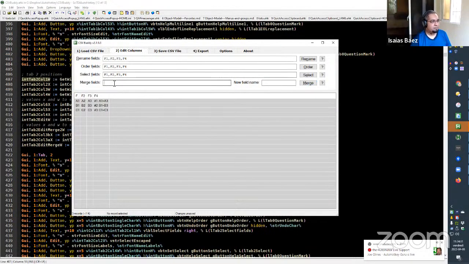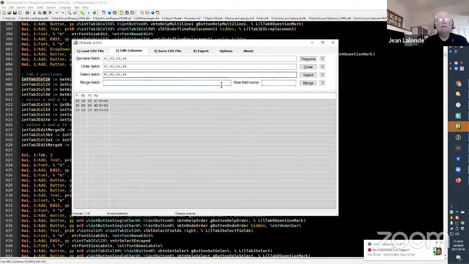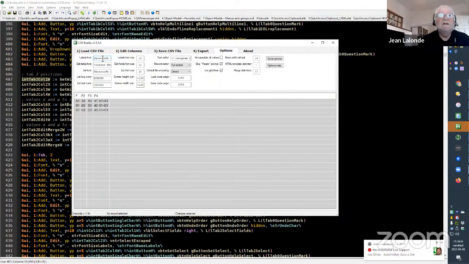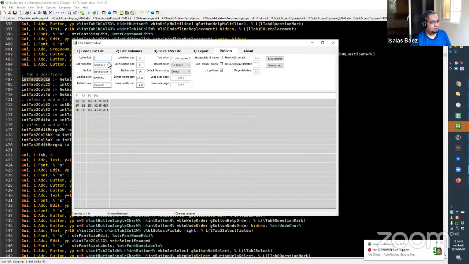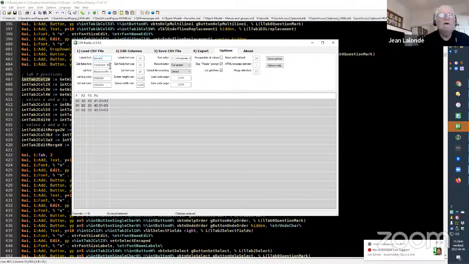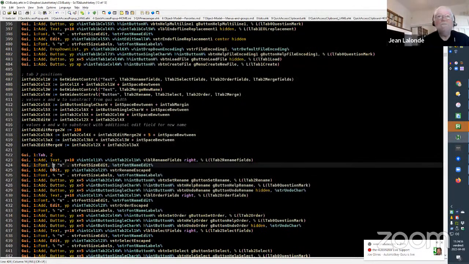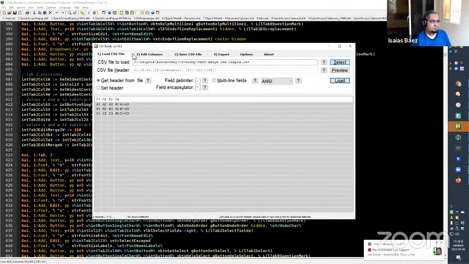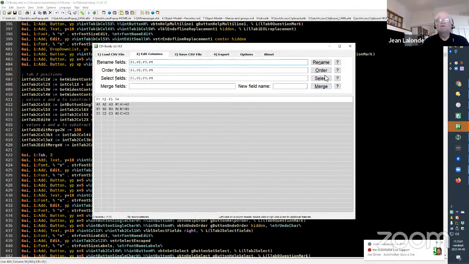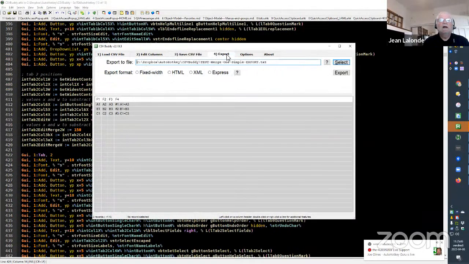Okay. So in the options here, I can now change this label to Arial, 15, and save it. And I'll have to restart. Yes, I can discard changes. So you see all these labels are much larger. The buttons are also higher. I also have something that,